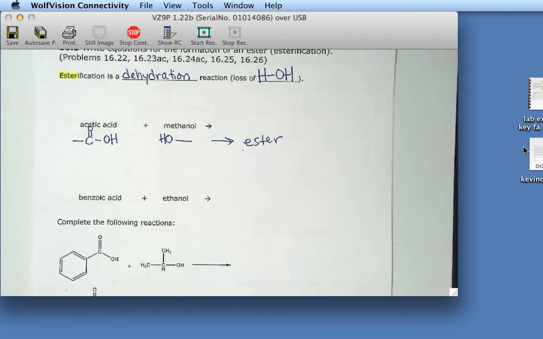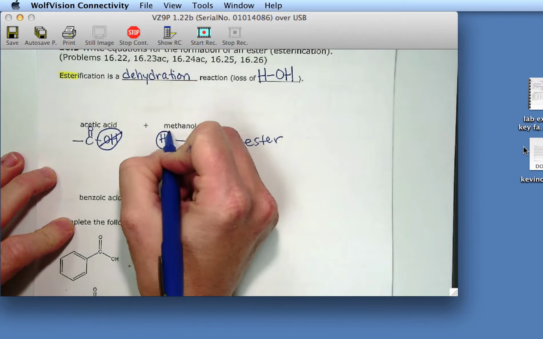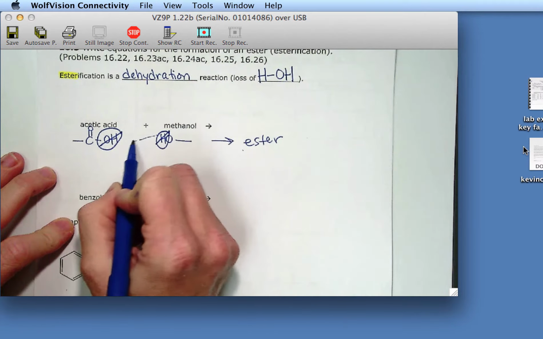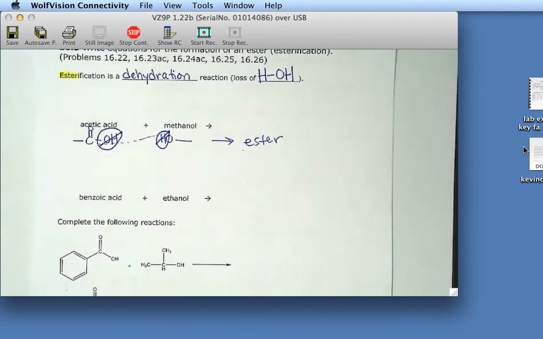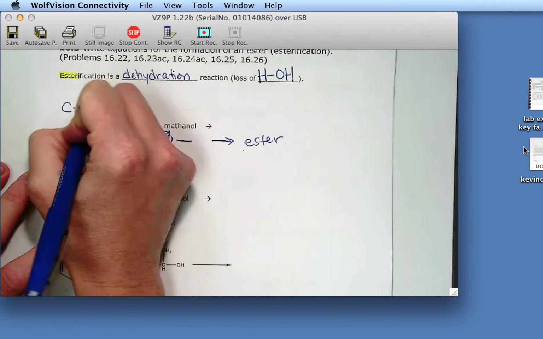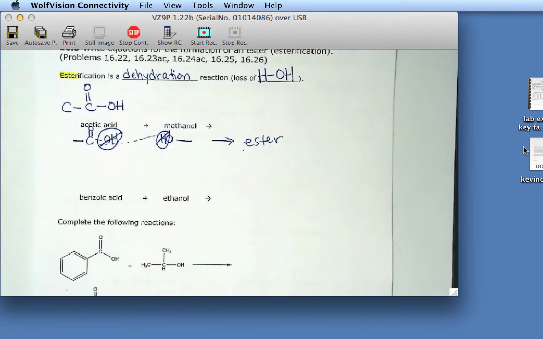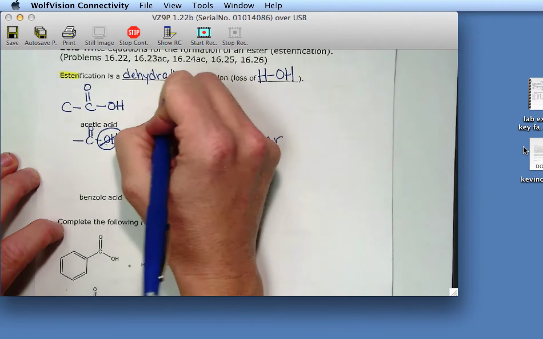What you're doing is you're getting rid of this OH here, this H here, and you're creating a bond. So I will show you more specifically, and you're making a bond. I'll show you on acetic acid. How many carbons are there in acetic acid? 2 carbons. So that's acetic acid. And then methanol is